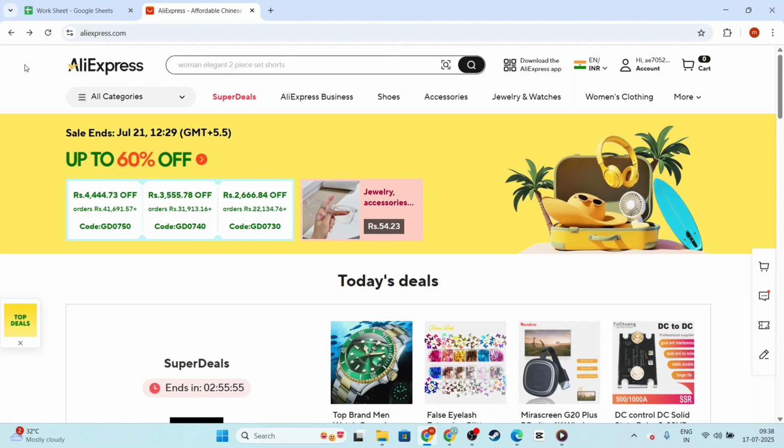Once you've located the right product, you can proceed with your purchase as you normally would on the app. Remember to double-check all product details to ensure it meets your requirements. And there you have it. By leveraging the power of image search on AliExpress, shopping for obscure, hard-to-describe items becomes a whole lot simpler and more intuitive. I hope you find this